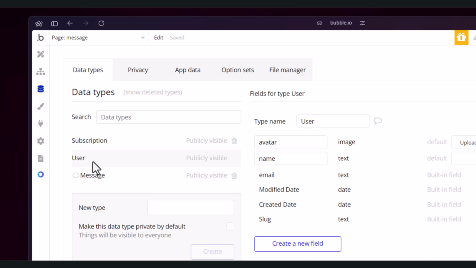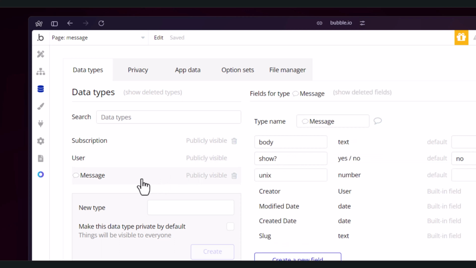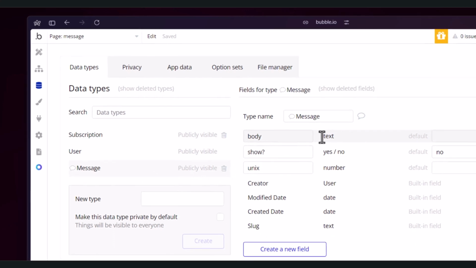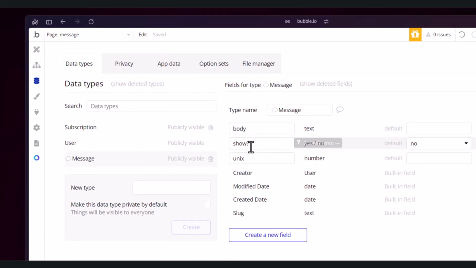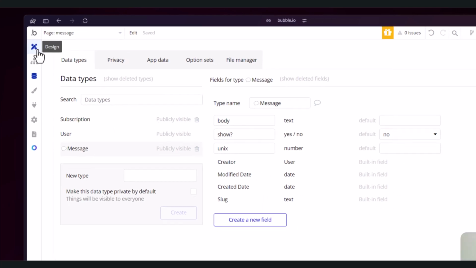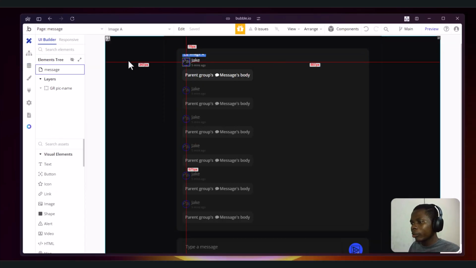On my user, I just have avatar and the name, and on messaging, I have the body of the text. I have a boolean here, just yes or no, that says show. Then I have UNIX, which is a number. So on the front end, I just have my